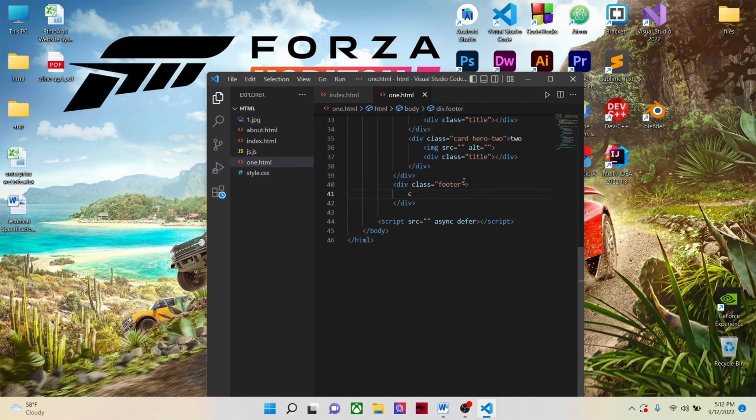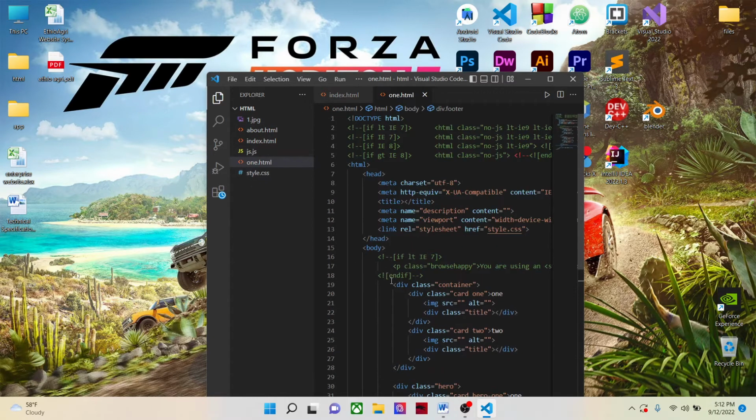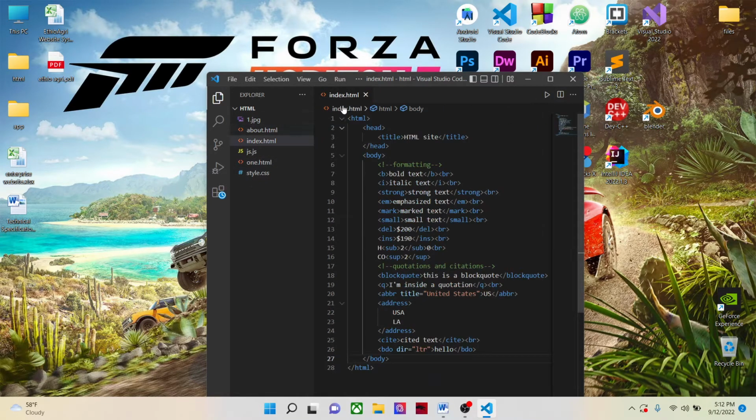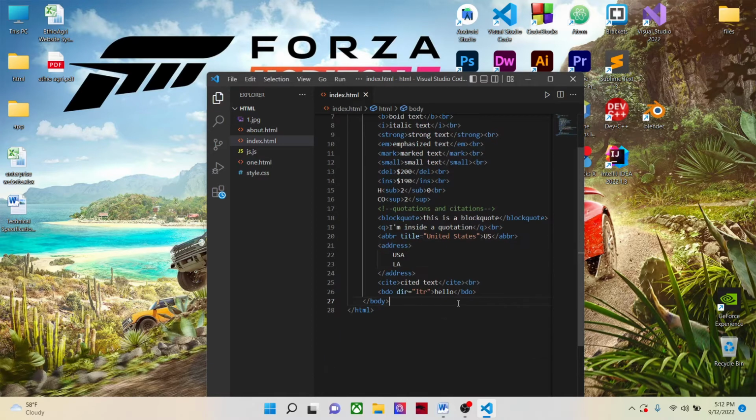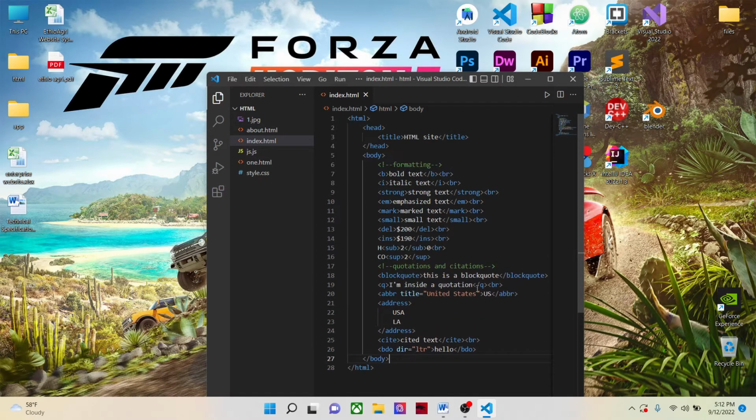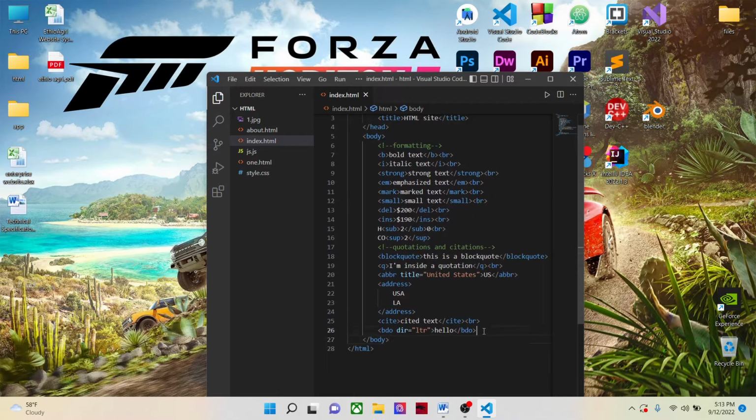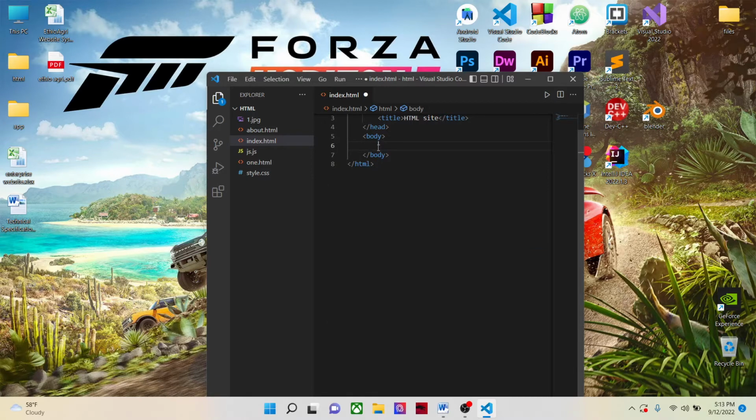Let me just remove this and this. We were working on formatting and quotation citation. In this tutorial we will remove all this and we will see block level elements